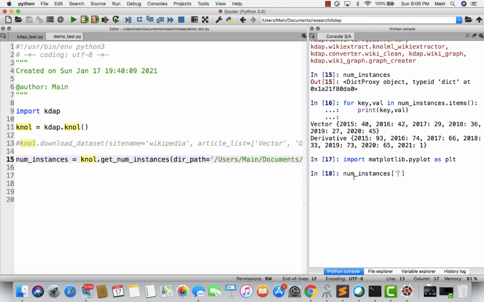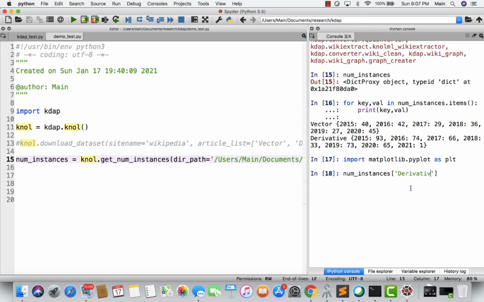It's a dictionary, as we just saw, with the key being the article name and the values being what we extracted. A majority of the functions in the KDAP library have this structure: the keys will be the articles, the normal files, and the values will be whatever we are trying to extract. So let's see for the derivative.